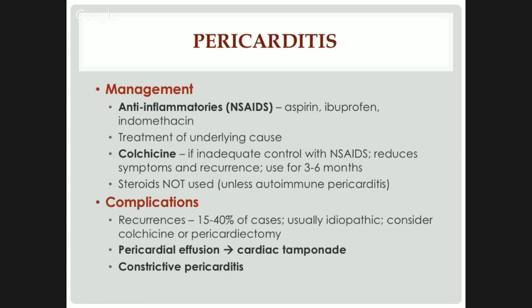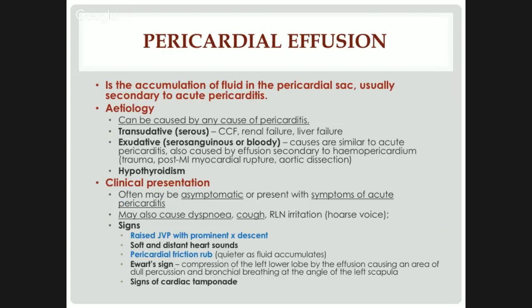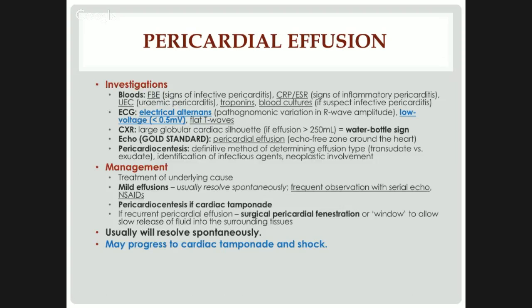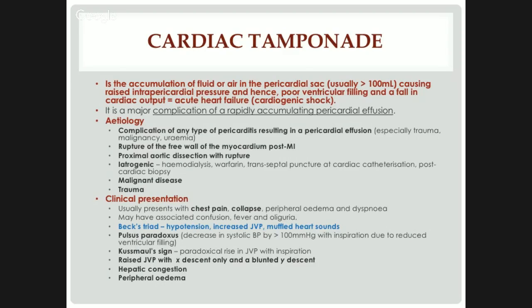If they get recurrent or continuing pericarditis not responding to anti-inflammatories, you can give them colchicine, which is one of your rheumatic drugs for gout. In terms of complications, you can get an effusion, and the effusion can lead to tamponade, which again is a condition you would have learnt in first and second year. Pericardial effusion is a collection of fluid in the pericardial sac. The reason it's a problem is it doesn't let the heart contract, and eventually it'll get so bad that it will cause tamponade. So there's so much fluid that the heart can't effectively contract, and you go into acute heart